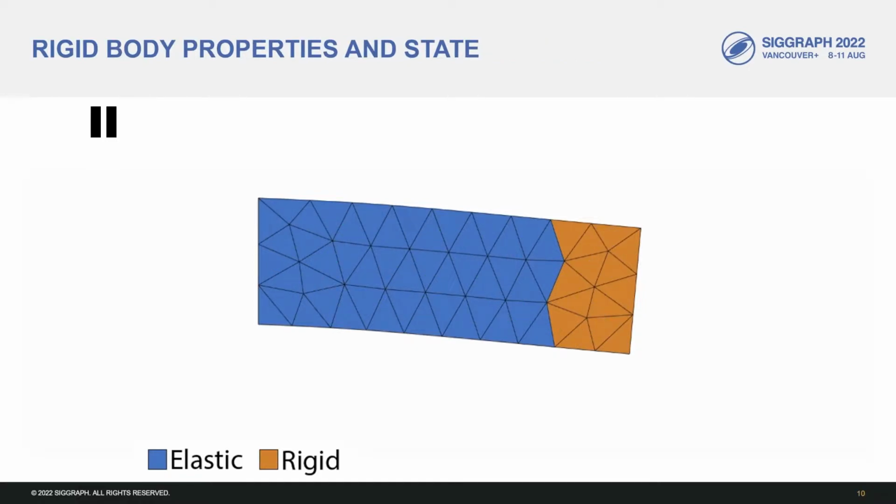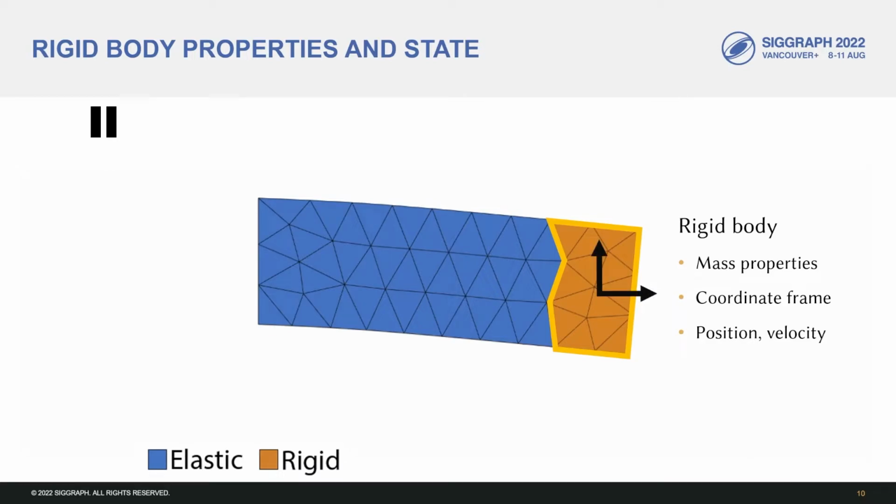Once we have the connected components, we loop over all vertices to compute the mass properties, coordinate frame, position, and velocities of each rigid body. Here, the linear and angular body velocities are computed to match the elastic degrees of freedom, and rigidification exactly preserves momentum if the elastic region has